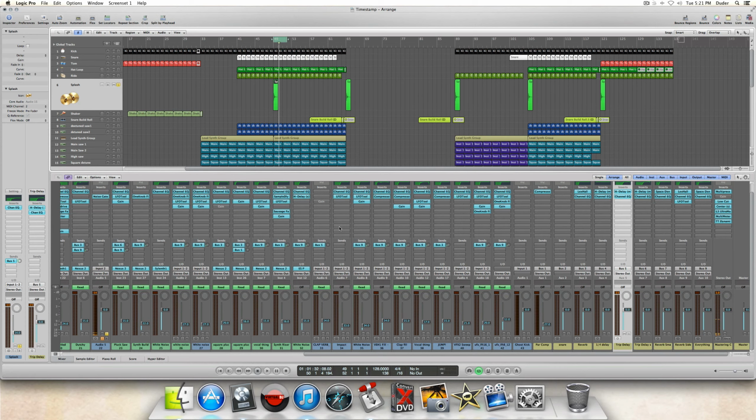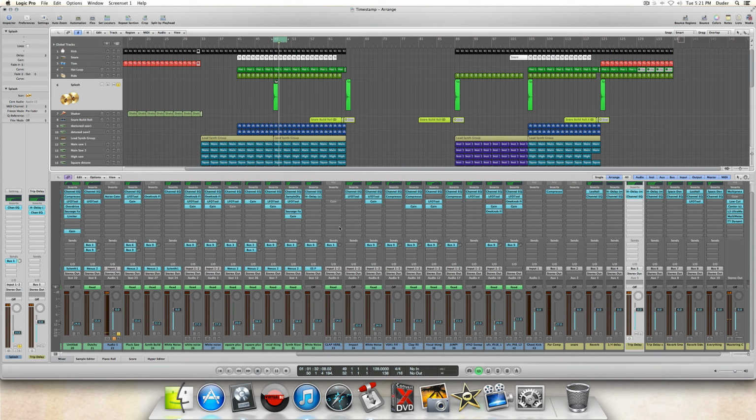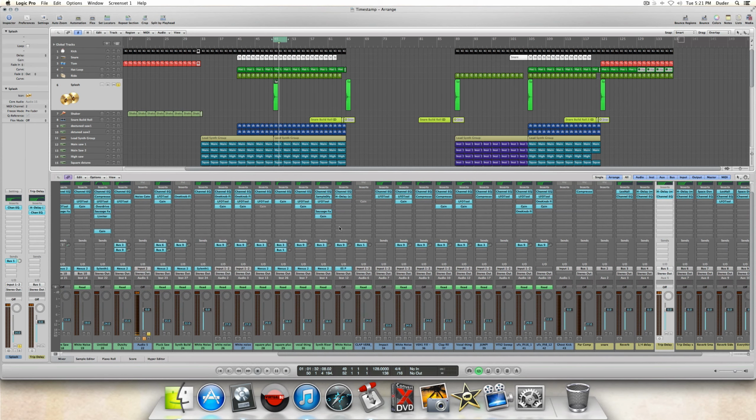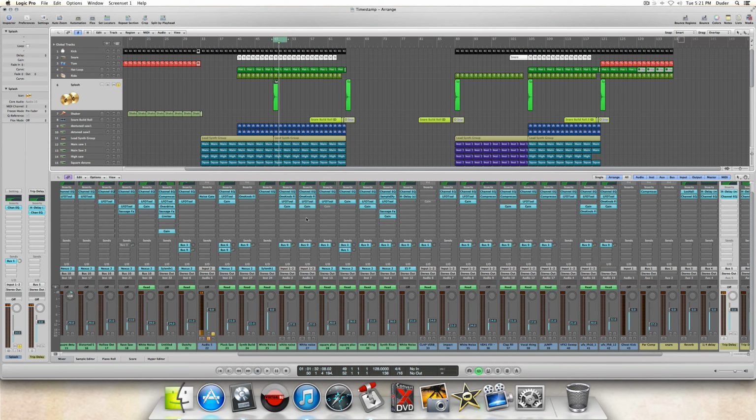Trying to think of any other way to use a bus. That's pretty much all I can think of. So how you use buses and why you use buses is, number one, to save CPU on effects like delay and reverb, so you don't have to put them individually on each channel or each track. And